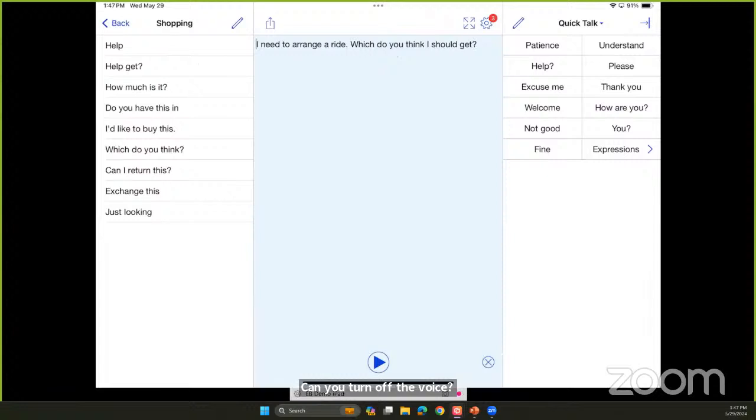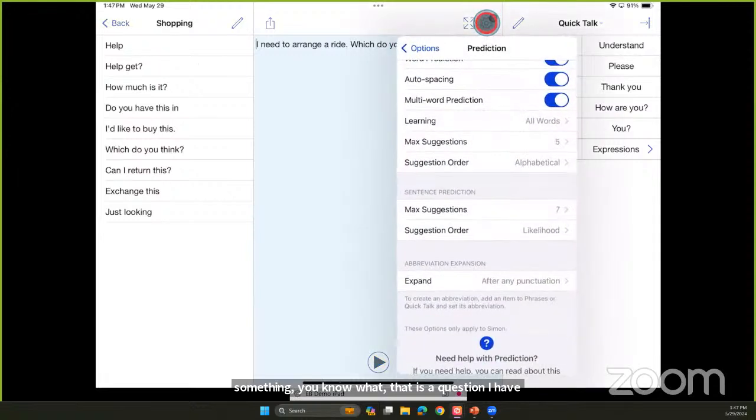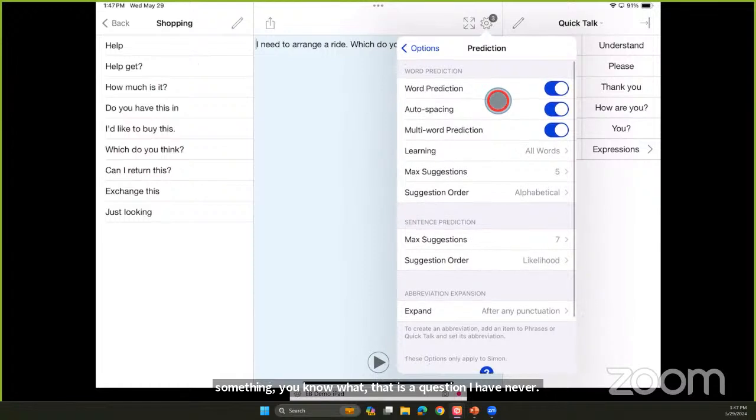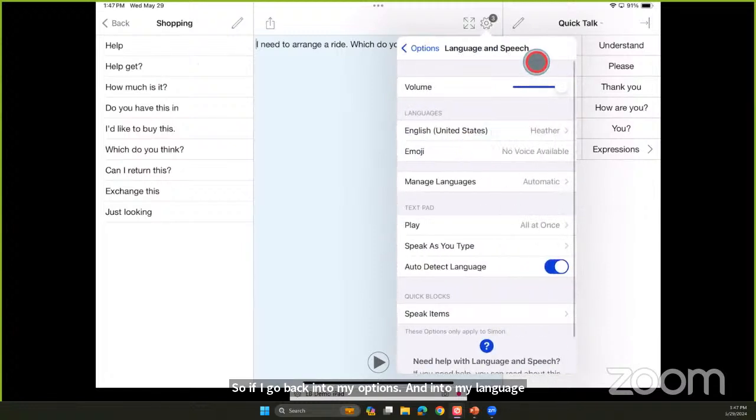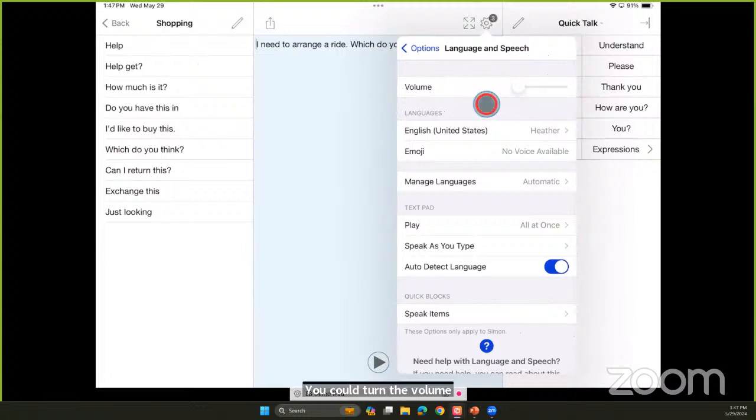That is a question I have never thought about, but it's a very good question. So let's see here. If I go back into my options and into my language and speech, you could turn the volume in this app all the way down.